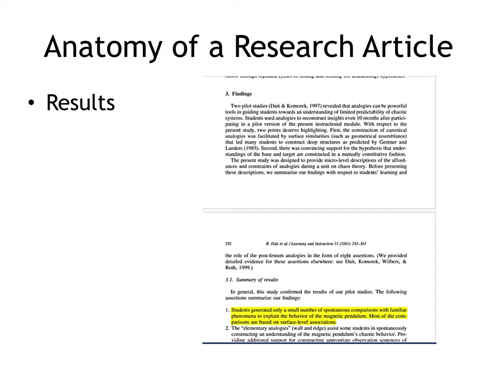Then there is a results section. This is sometimes combined with the discussions, but for this purpose, we'll just call it the results section. And this is where you outline what happened. You explain here's where you're going to have all your statistical models and your tolerances. All of that is going to be spelled out here in your results, often with a lot of charts,